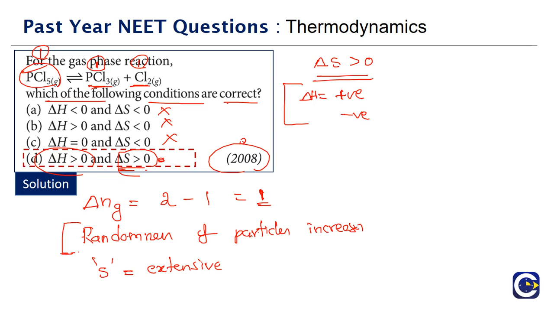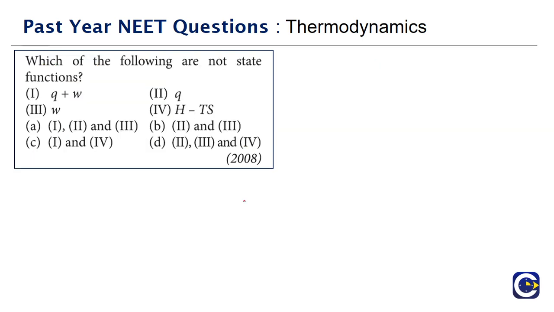Clear? So what is the answer for this? It is option D. We are marking option D based just on the analysis of delta S, and we are only giving an explanation of how we will broadly look at the enthalpy changes of dissociation or decomposition type reactions. Most dissociation or decomposition reactions will have enthalpy change positive. In other words, they will be endothermic reactions.